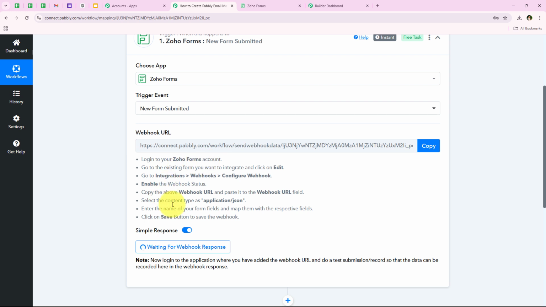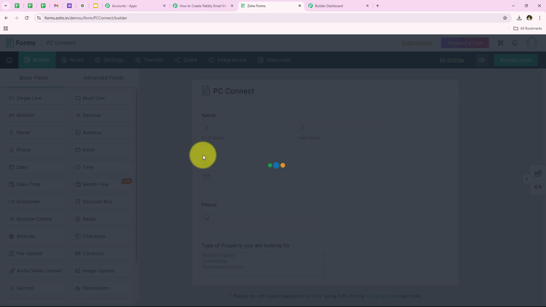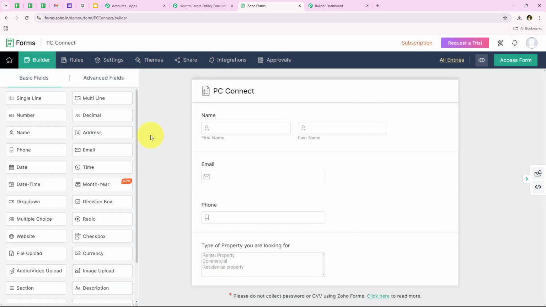So as I'm going to follow the same, I'm going to open my Zoho Forms account, and as you can see, this is my account. And over here you can see the form I want to create this automation for. So you have to select the form in which you want to create this automation. Okay. So as you can see, this is my form. So what we have to do is go on edit for this form, and now from here we have to go on